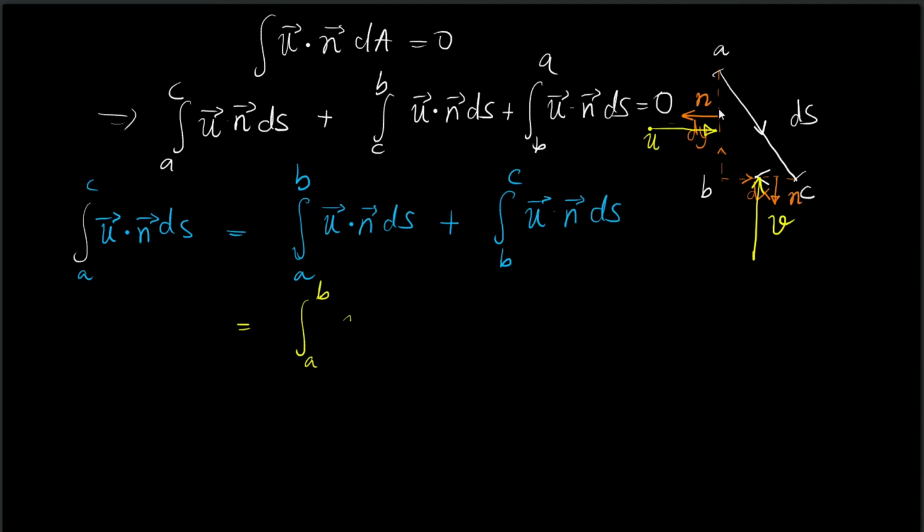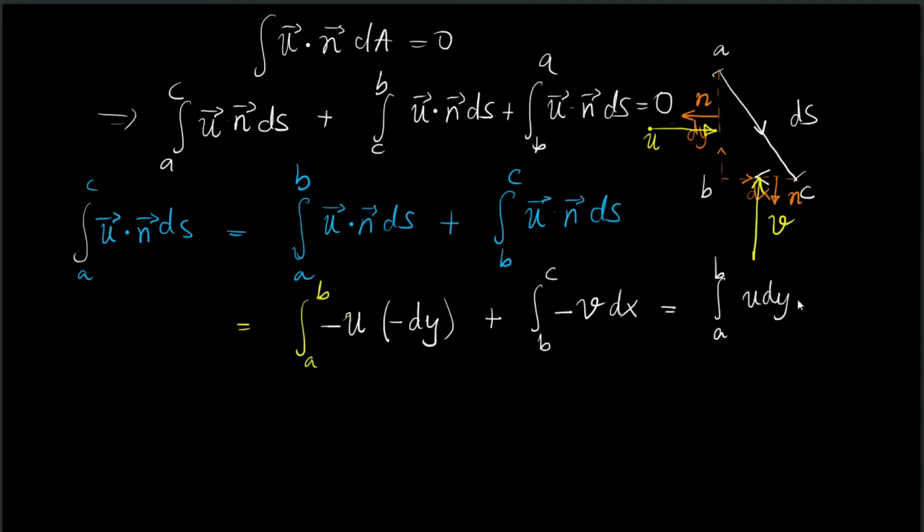So u dot n cap in this case will be minus u, and ds will be equal to minus dy. Plus the integral going from B to C. Now u dot n cap in this case will be minus v, and ds will be dx, and thus this becomes the integral from A to B of u dy